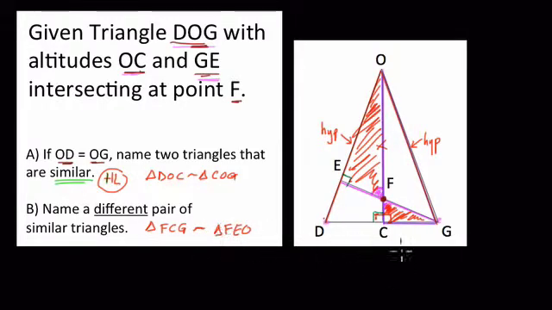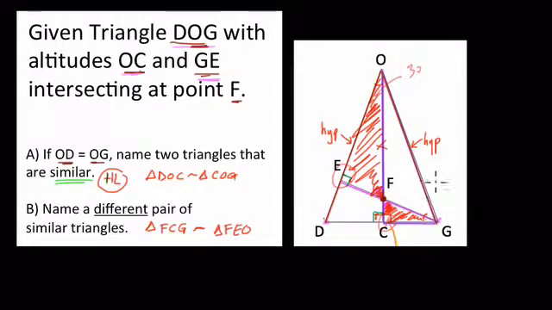And the reason for that is that all of their angles are equal. These vertical angles here are equal to each other. The right angles are equal to each other. And if you've got two out of three angles equal in a triangle, the third angle must also be equal. For example, if this is 90 degrees here, and this is 90 degrees, and let's say this is, I don't know, 30 degrees up here,